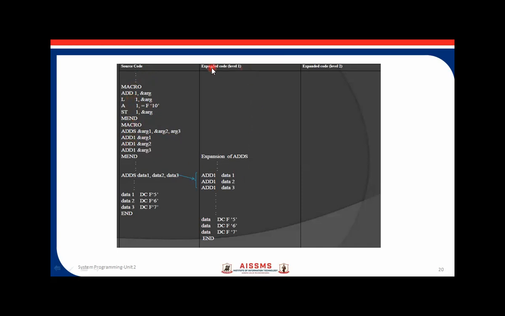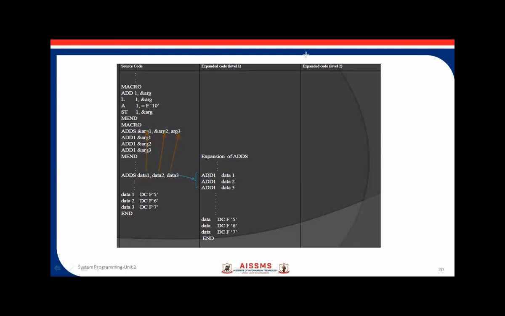If you see the expanded code here, whenever you make a call to this add s macro, here I made a call to add s, passing the arguments data 1, data 2, data 3. These arguments are going to map to the arguments in our actual macro definition.